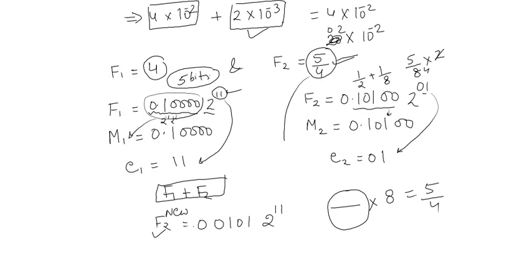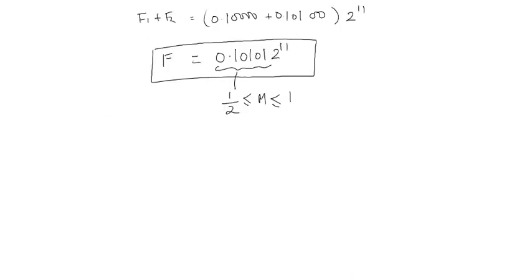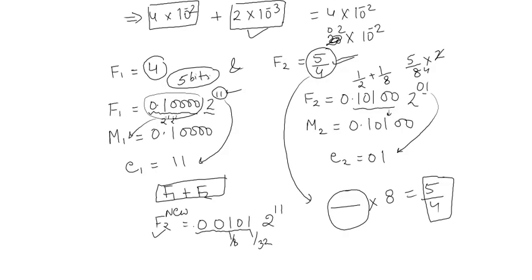So how can I represent this number? So what should come in this particular case? So I just write this one. So what is this? This is nothing but half, 1 by 4, so this will be 1 by 8, others are 0, so this will be 1 by 16 and it will be 1 by 32. So if you add it and multiply by 8, you will get this number back. Now if I compare f2 and f2 new, so this is your f2 and this is your f2 new.